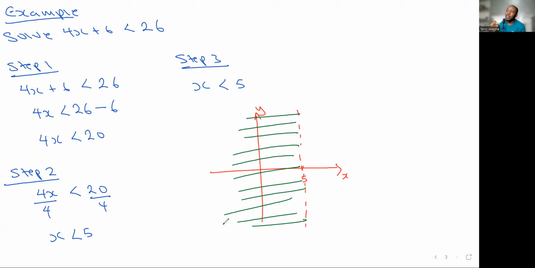So it's important that you go back and watch the video on how to sketch inequality graphs, okay? In some questions, they'll ask you to sketch your answers or your solution. In some, you will not be asked to do so. So let's pick another example, okay? Let's pick another example and see what we can do. So we have solve 3 into bracket x minus 4